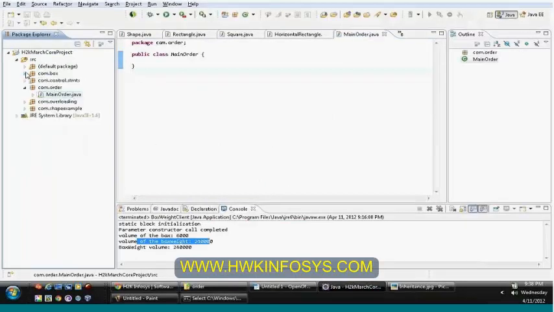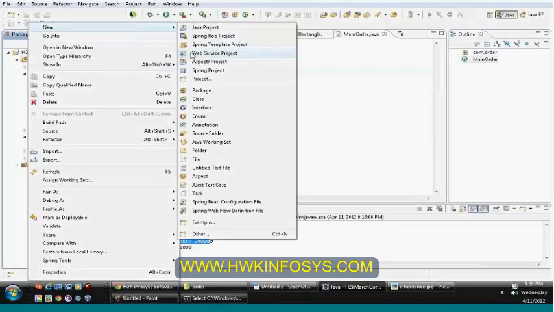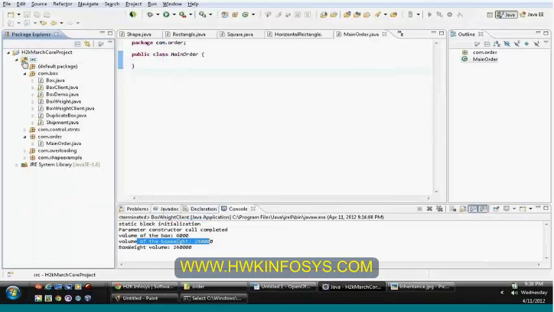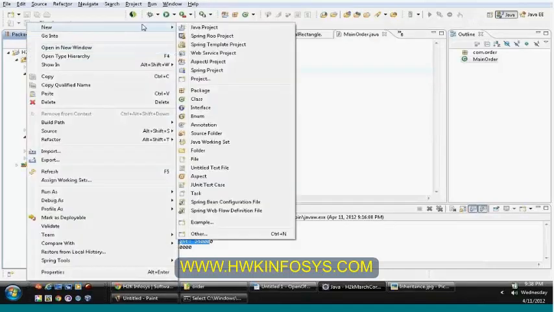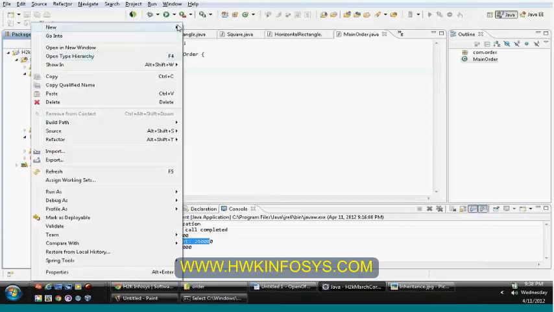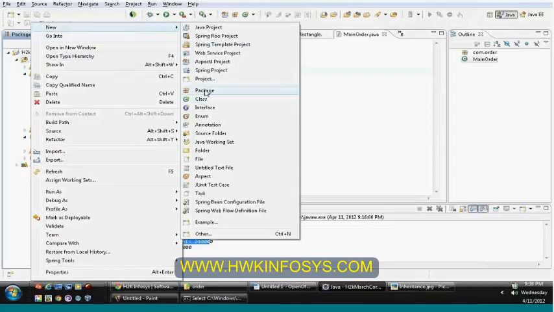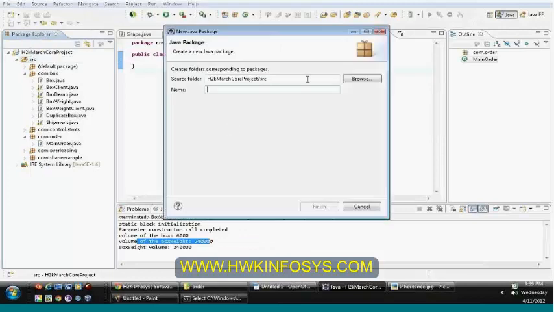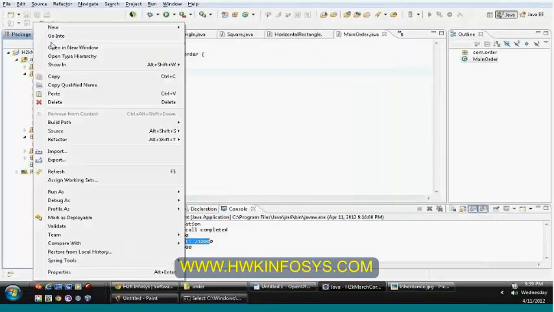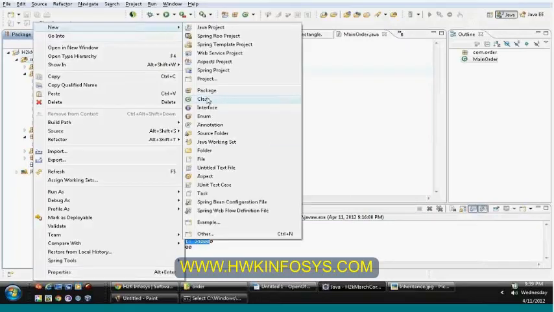Currently com.box was there. Okay. So I'm going to move our box weight class and create a separate package. See, it's not required for you to create a class at this level because I have the box weight already. You can create a separate package: right click on source, new package, just above your class file, com.wait. You can see that the package got created. In the same way, com.client.